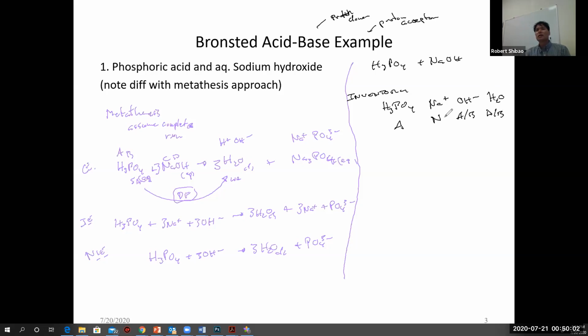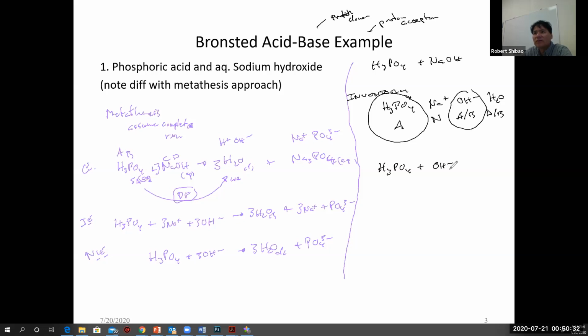And so the next step here is to pick the strongest acid, phosphoric acid, hydroxide, or water, using the chart. When I use the chart, phosphoric acid turns out to be the strongest acid present. What's the strongest base present? Well, sodium ions, hydroxide, and water. Let's assume it's hydroxide, strongest base present. And so the reaction is to transfer 1 hydrogen, 1 proton over.